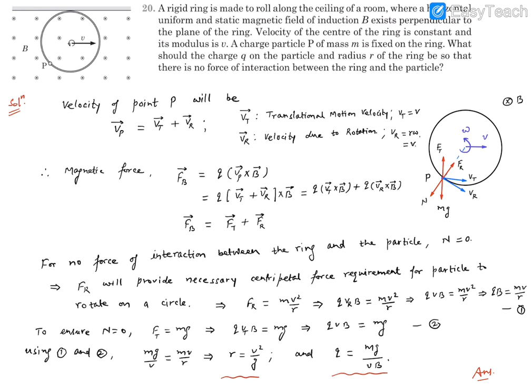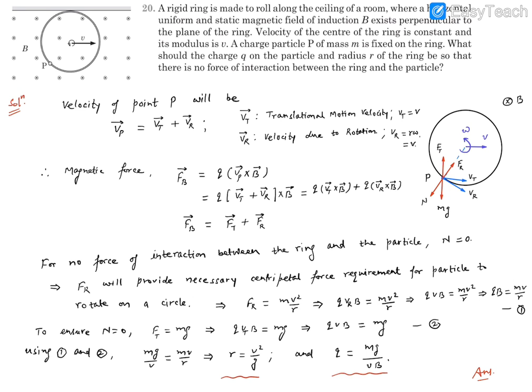So I'm writing in terms of components. That's fairly good. Apart from these two forces due to magnetic field, we will find the non-contact gravitational force acting, and let's say a normal reaction is also acting on the particle because of the ring. This normal reaction can be inwards or outwards depending upon the situation. Now we want this normal reaction to be 0 because we want to know the interaction between the ring and the particle, and normal reaction is the representative of this interaction.